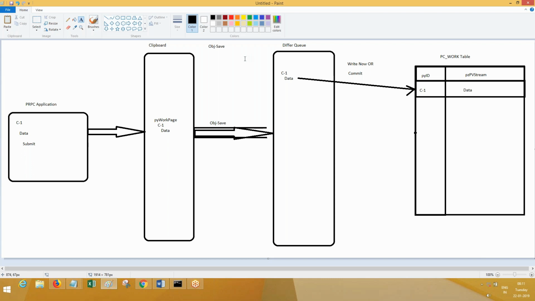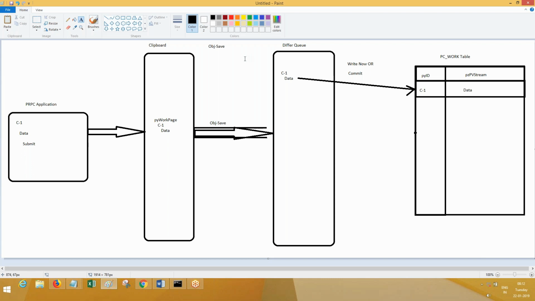You remember yesterday when we executed the activity independently, we had written the Obj-Save method. When we performed Obj-Save, we saw that Obj-Save did not fail, but still the data was not there. In the next test case, we selected the Write Now option, executed and provided the data. In the second test case, we could see the data in the physical table. In the third test case, we executed the same without Write Now, but using a commit.